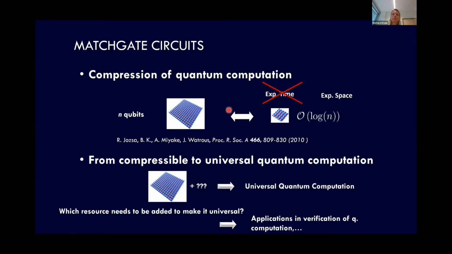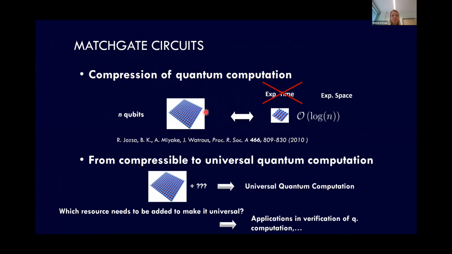So there is some important thing that I'm hiding in this arrow, which is the compression. The way that I do this mapping from the large quantum computer to the small quantum computer is using some classical computation. And the important thing here is that the classical computer that you're allowed to use here is restricted in space. It's restricted to polylog n, so that the classical computer that does the mapping cannot do the computation. Stated differently, the computation that I want to simulate, that is run on these n qubits, is now performed on these log n qubits. It's really the quantum computer that does this computation.